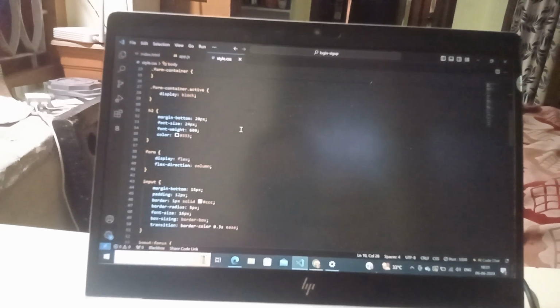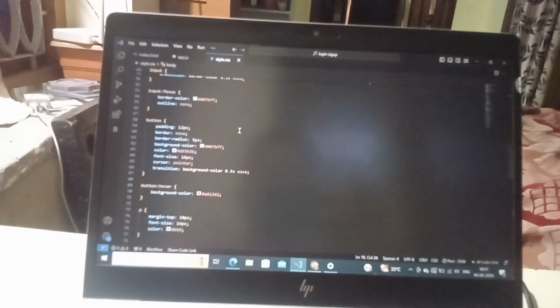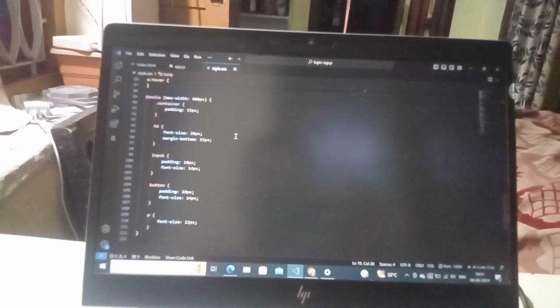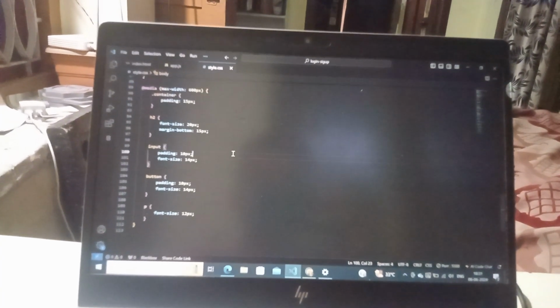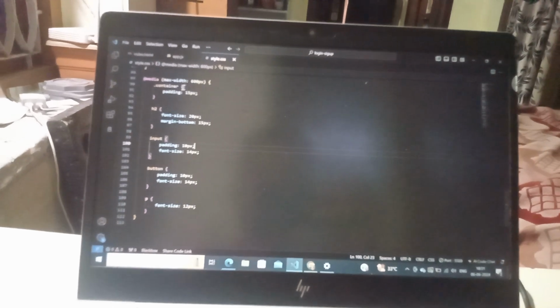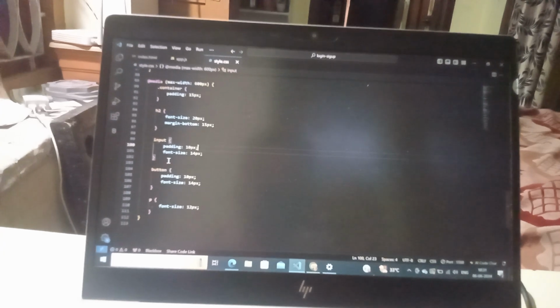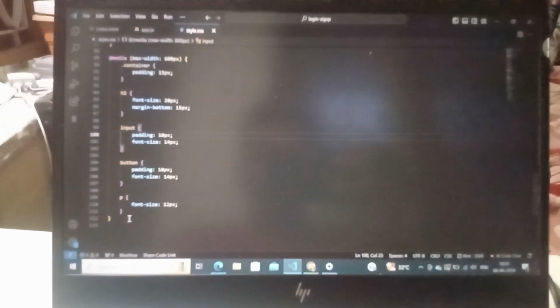After that, we'll allocate all the sizes in a perfect, responsive manner, as medium with adjustments. Max width 600 pixels in the container, h2 element, input and button tags. This is our style sheet.